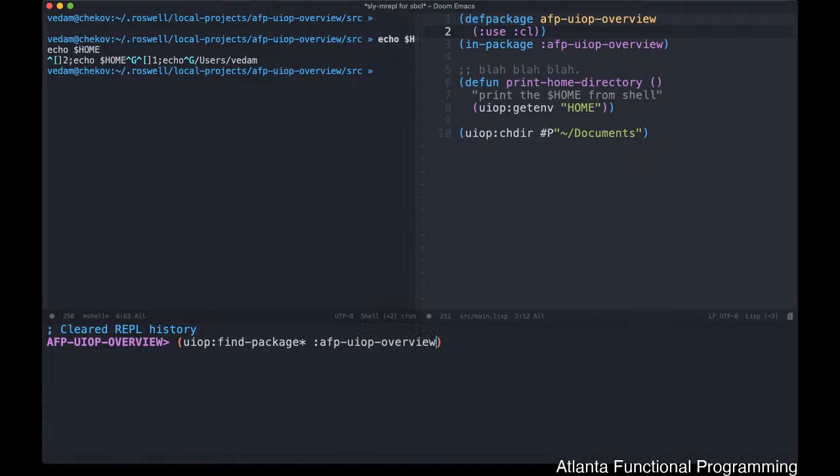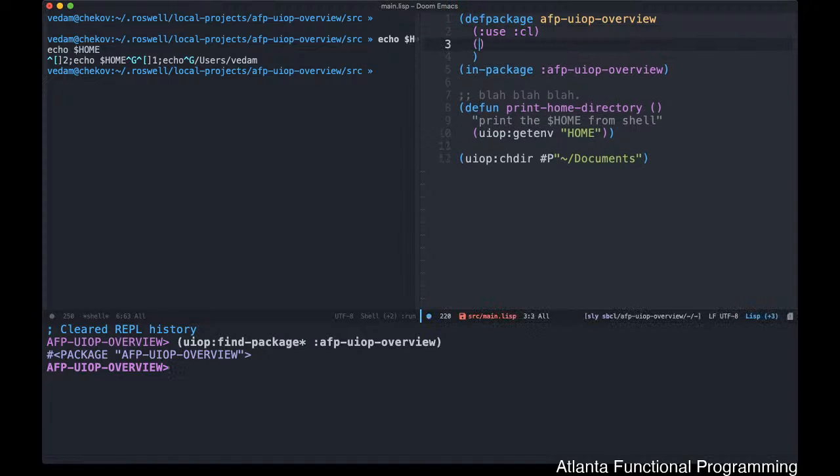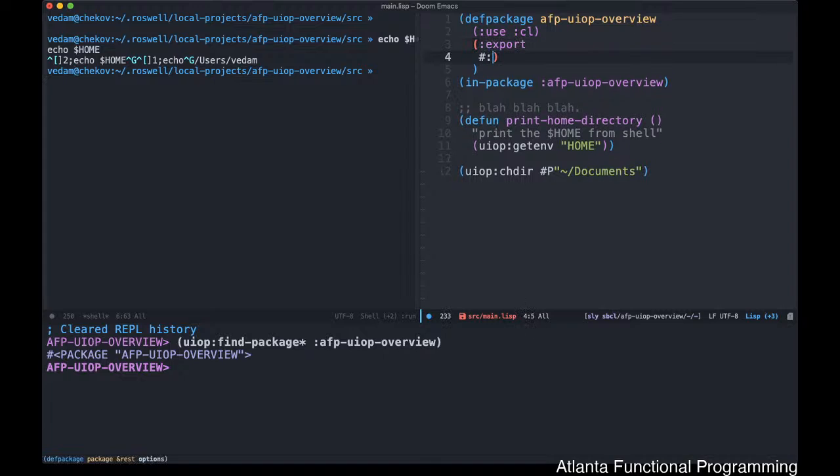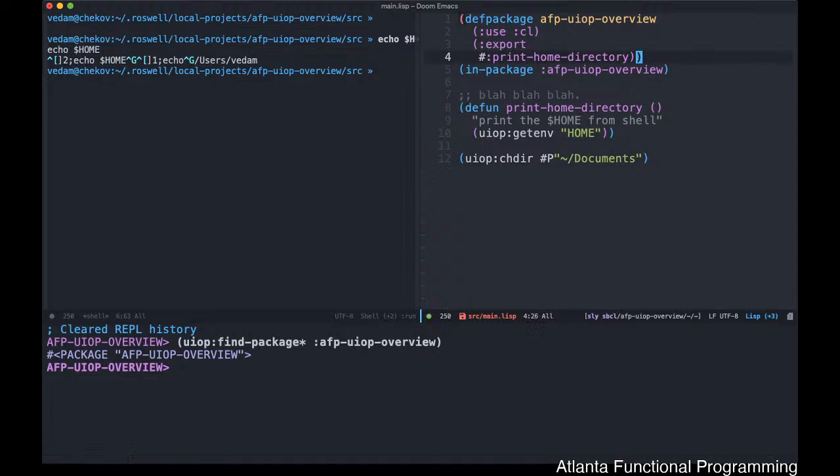This usually takes in a keyword argument, and it'll go look up in your package system in a portable fashion to see if a package is there or not. If we decided that we wanted to export our little function that we just did here, which we now did because we recompiled the package into the Lisp image, and we want to go look that symbol up, we could certainly do so by just doing